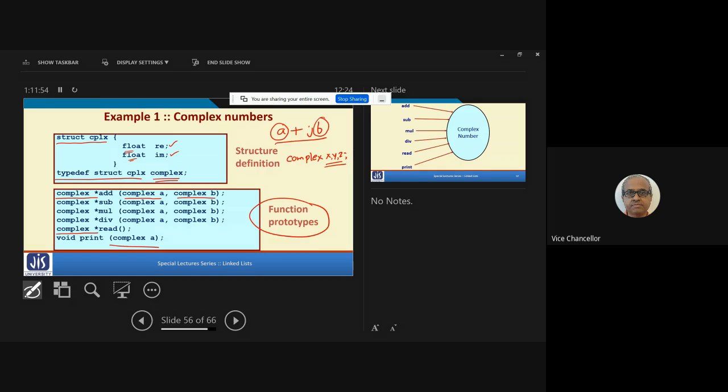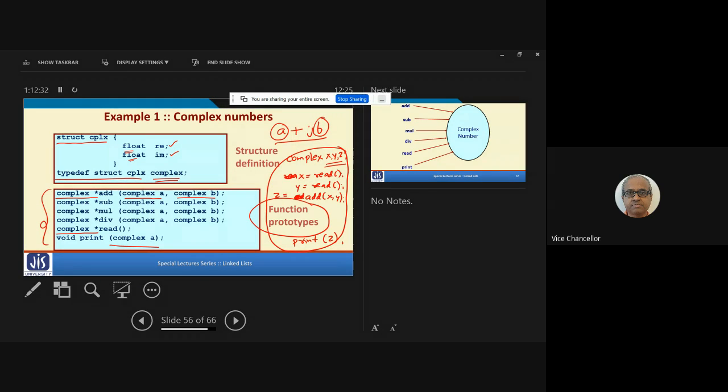You can do x equal to read, y equal to read, then z equal to add x y, then print z. Writing a program like this will be much easier for you if these function prototypes are given to you.